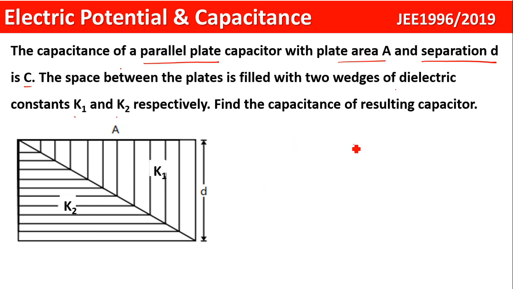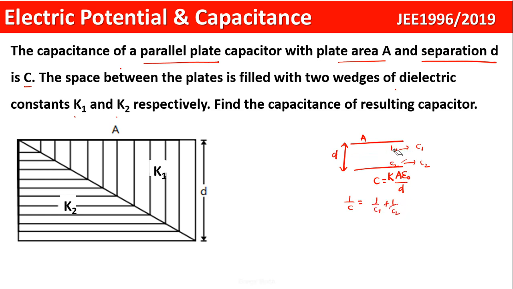Generally, if you consider a parallel plate capacitor whose separation between the two plates is D and the area of each plate is A, then the capacitance of such a capacitor will be A epsilon naught by D. If you insert a dielectric of dielectric constant K, then that will be K A epsilon naught by D. Now, instead of one, if you add two, K1 and K2 in series, then to find the capacitance you'll have to add 1 by C is equal to 1 by C1 plus 1 by C2.